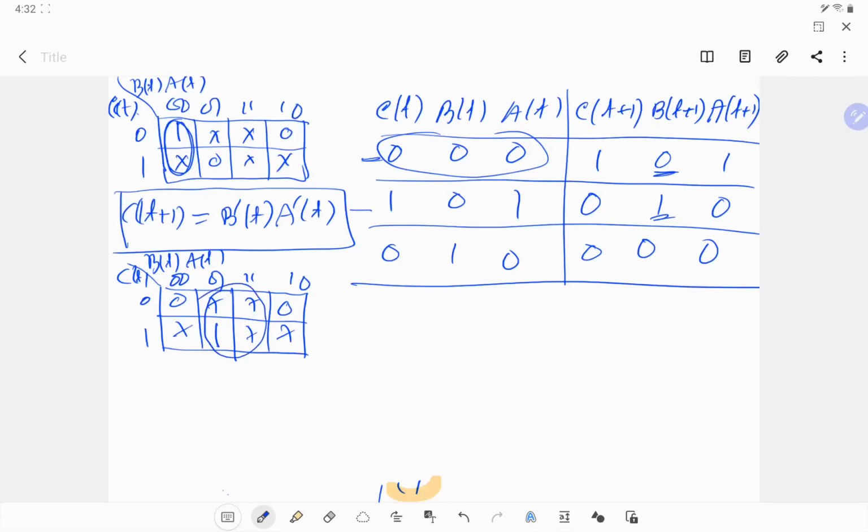So then it will give B T plus 1 equals to A T. Pretty easy. Then the next equation,